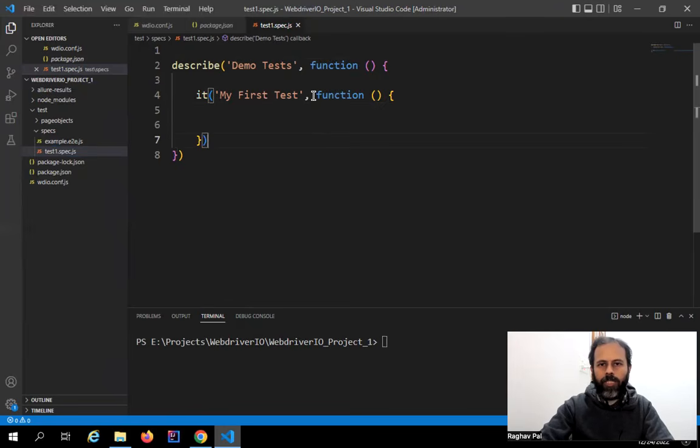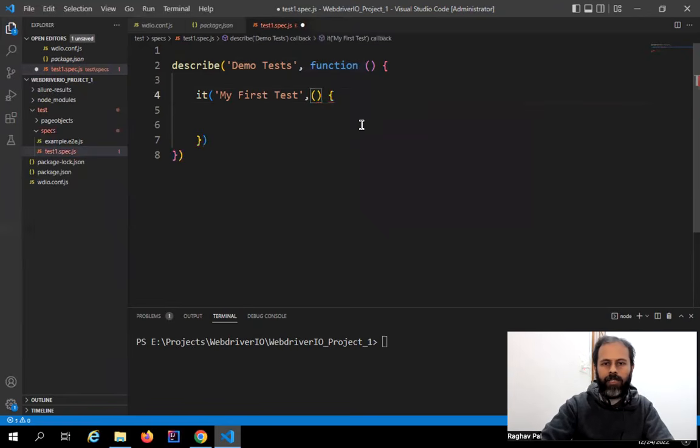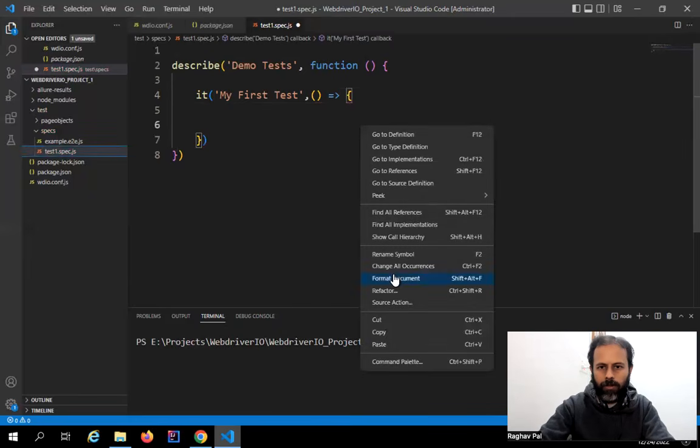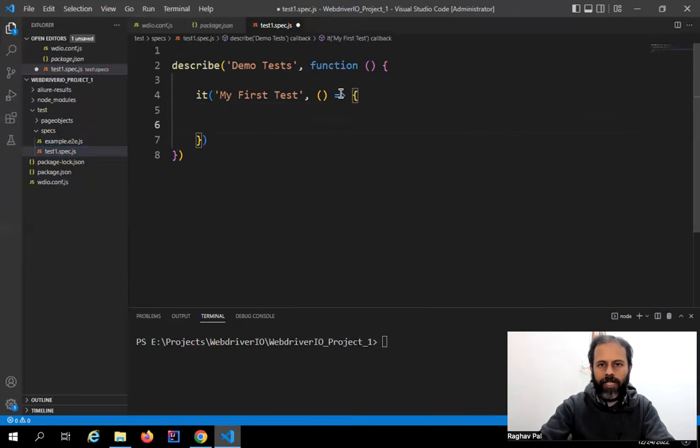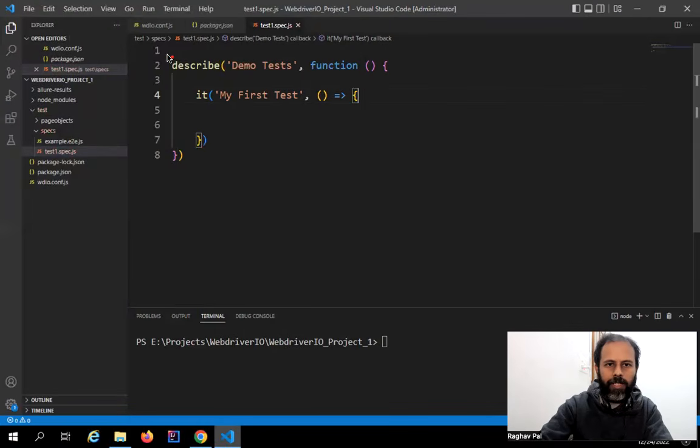Now, also the function declaration, you can do it like this, or instead of writing function, you can just give a bracket start and stop and create an arrow symbol by using the equals sign and greater than symbol, and this will also work. So you can also use this way of declaring a function. Now inside this function, so we have created the file, and now we will add the scripts using the Mocha blocks. We have already done this. We have created describe and it blocks. Now,